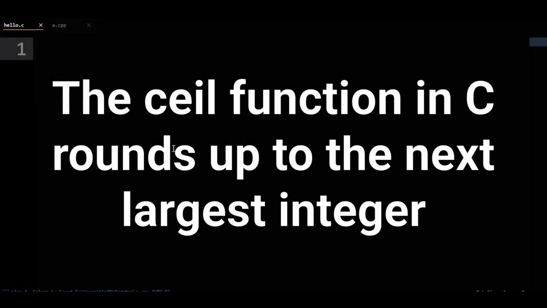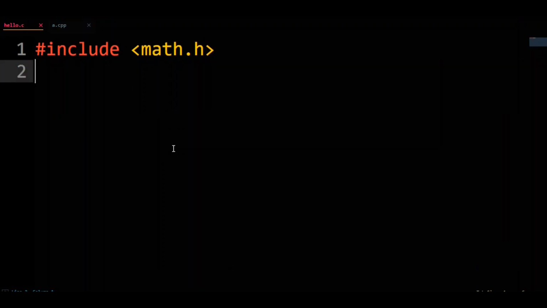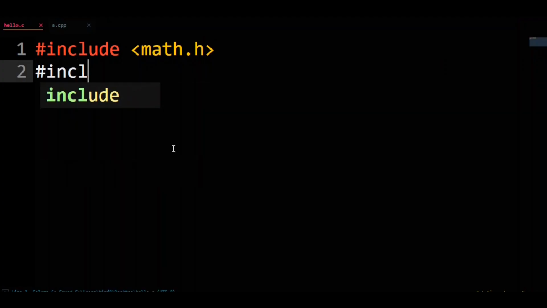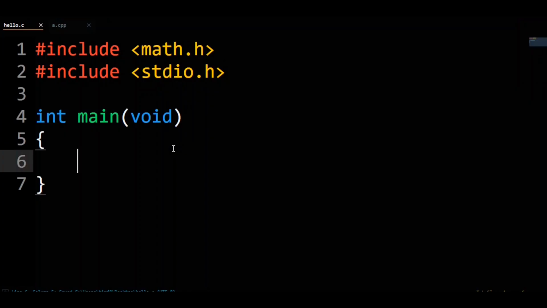The ceil function in C rounds up to the next largest integer. Ceil is in the math.h header file, so we will #include math.h. We will also want to print our answer, so let's #include stdio.h. Ceil returns an integer, so for our answer we will start with int ants equals ceil of